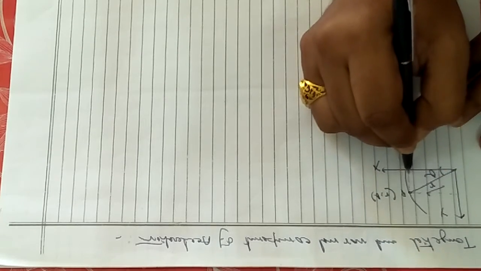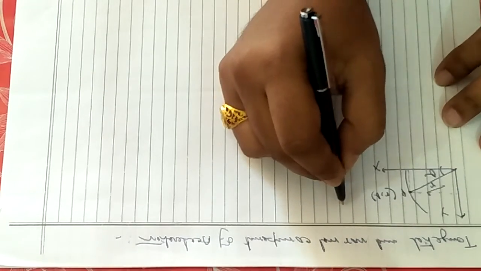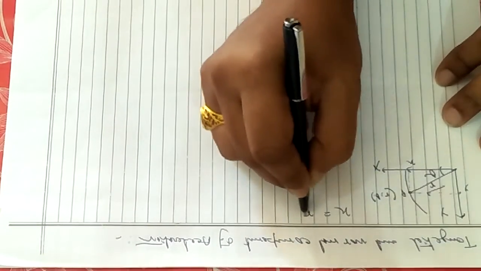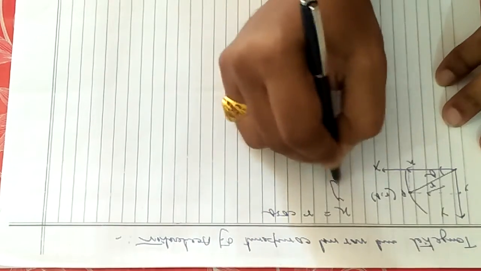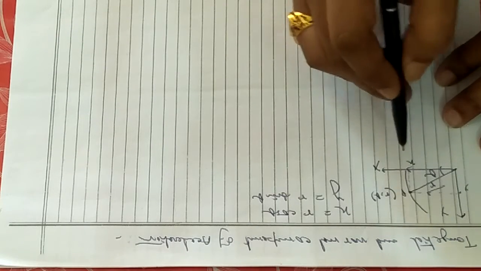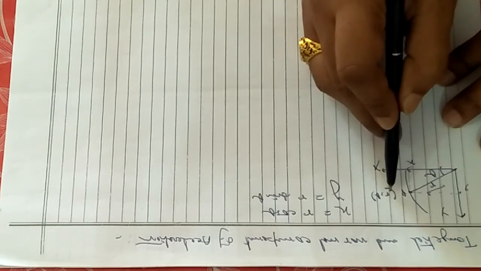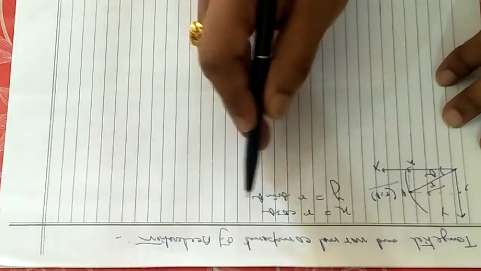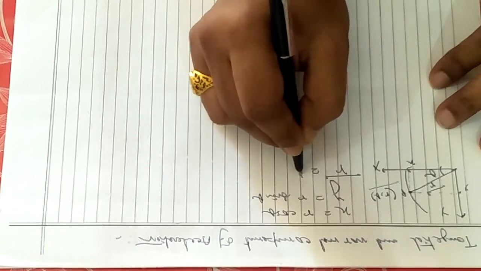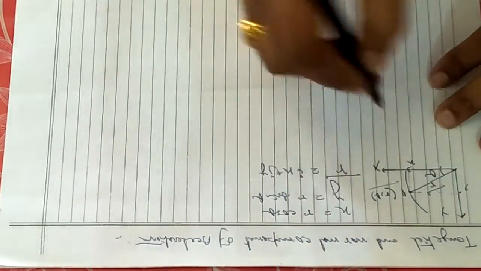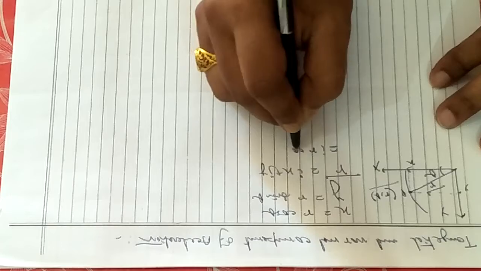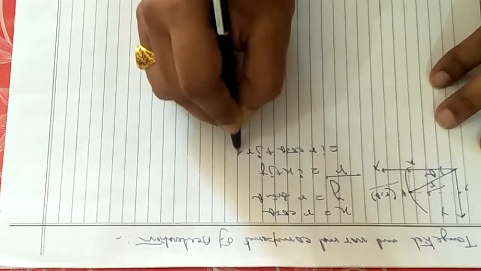You can consider what is x and what is y. Easily, x will be equal to r cos theta and y will be equal to r sin theta. So you can play with the coordinates. In Cartesian coordinate system you have the coordinates x and y. In plane polar coordinate system you have r theta, so you can actually convert r theta in terms of x and y. So the r vector can be written in Cartesian coordinates as i x plus j y. In plane polar coordinates, instead of x and y you are going to put the values: i r cos theta plus j r sin theta.